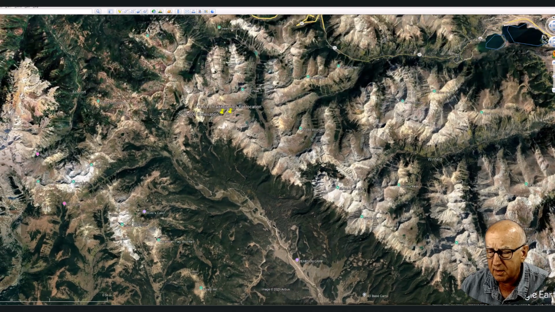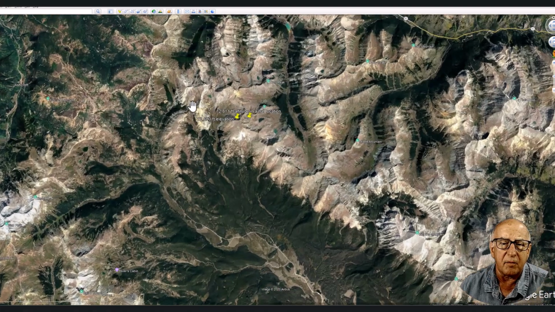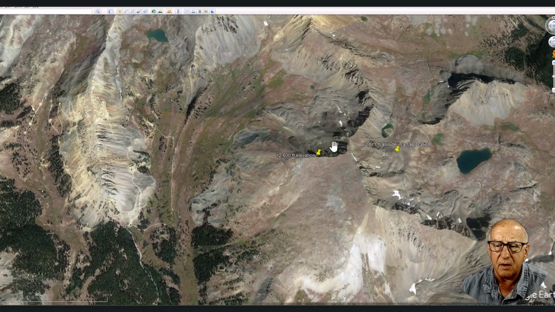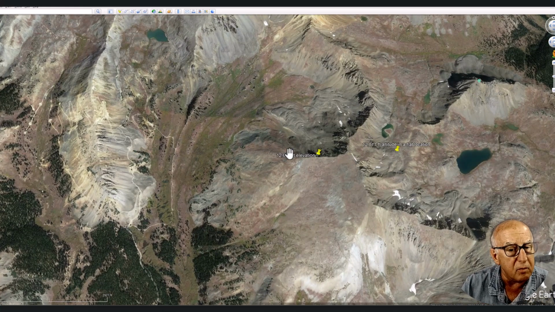The elevation here is 10,000 feet, and they're going to fly up to the top of this valley where the elevation is 12,800 feet, keeping the drone only about 12 feet off the ground, so if anything goes wrong, they can just put it on the ground.